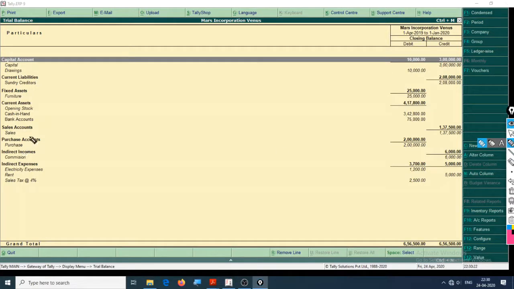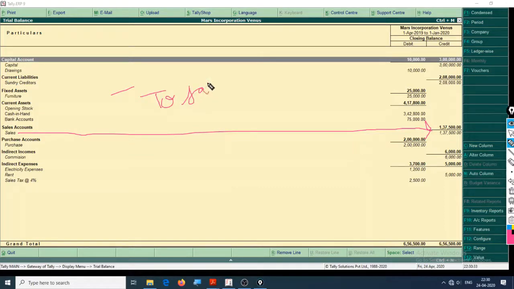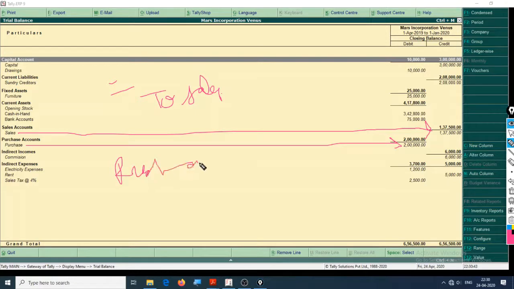Sales is a credit, as the entry for sales is always account to sales, whatever account, that is person or goods. Purchase will also always be debit, because the entry for purchase is purchase debit to goods or person whomsoever.